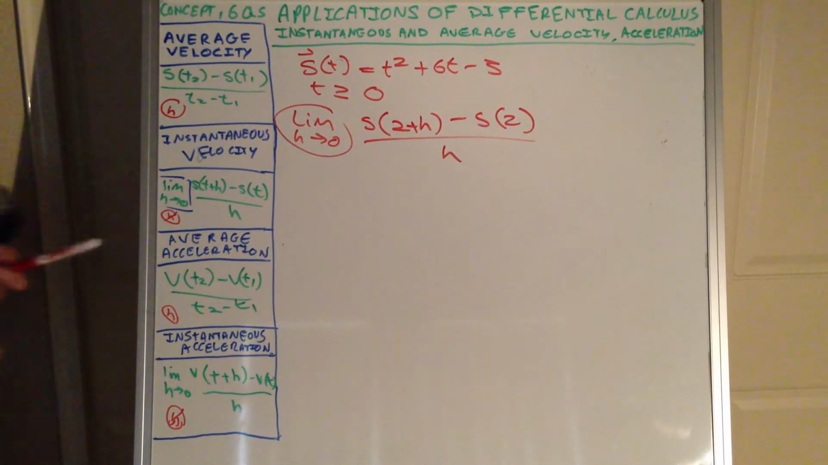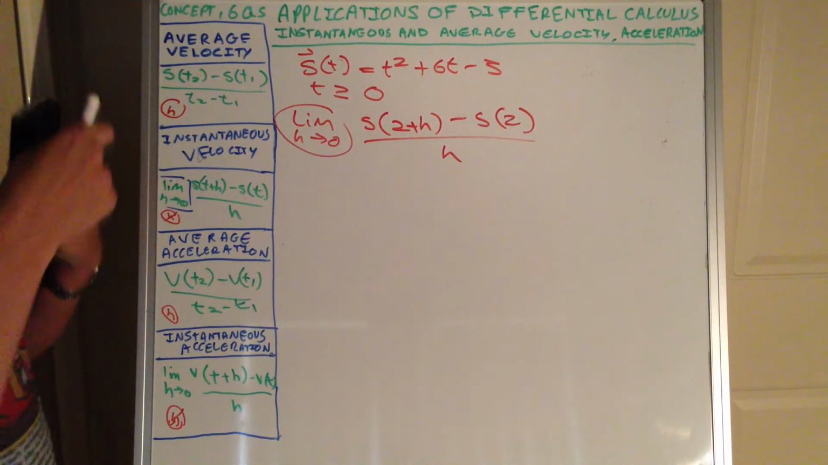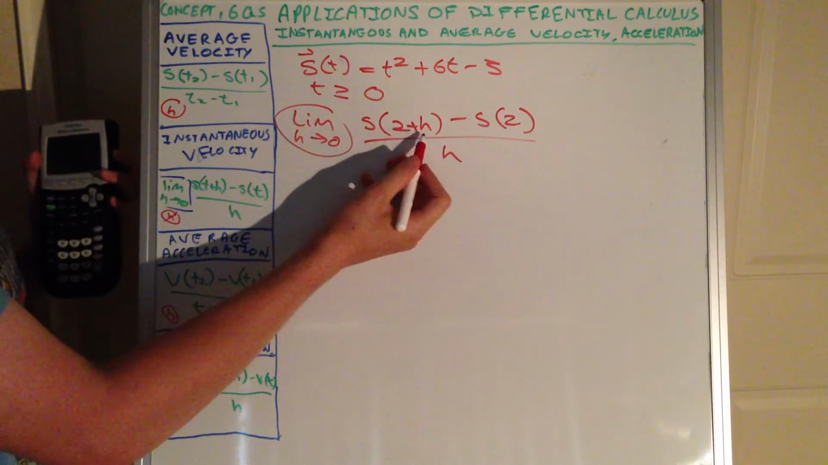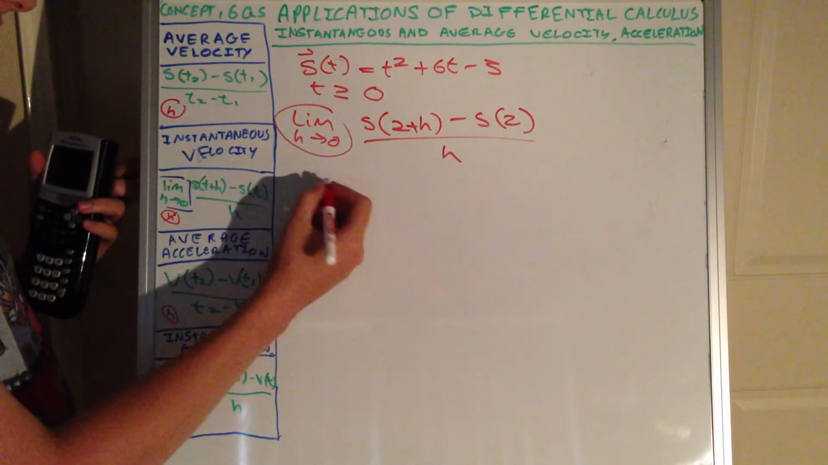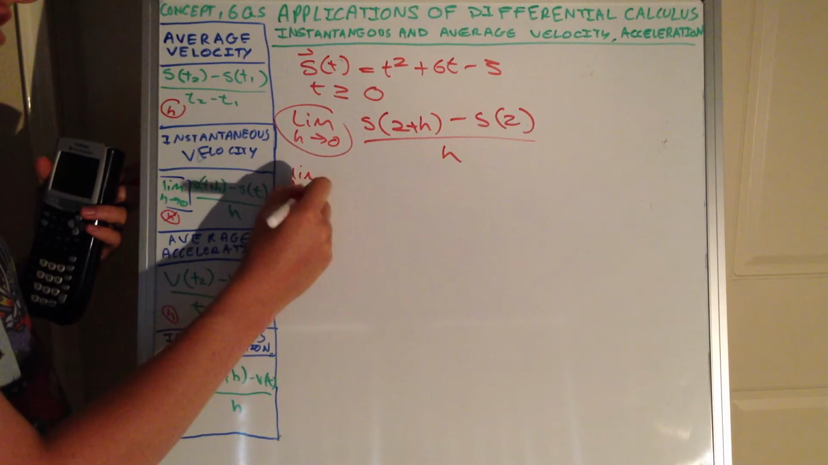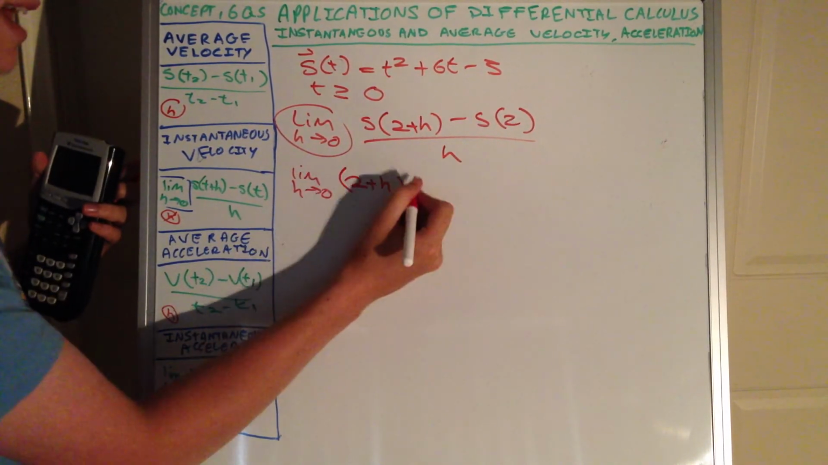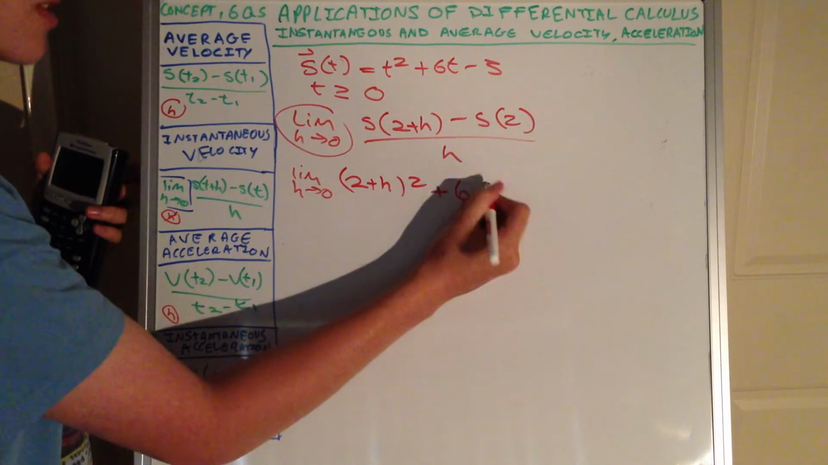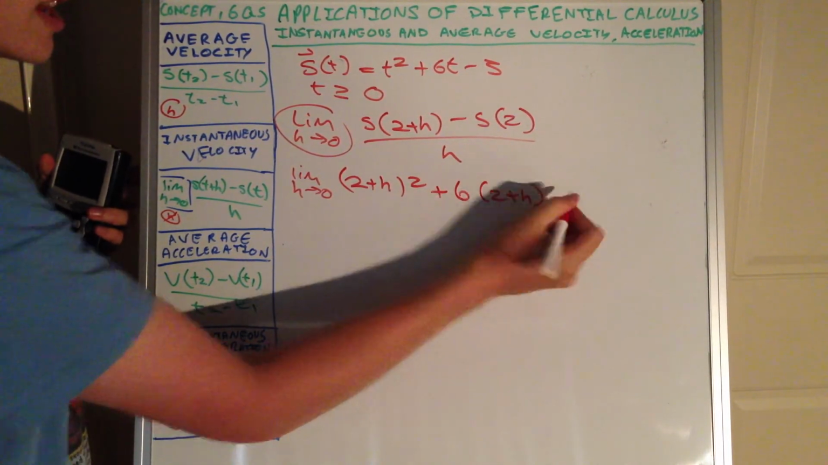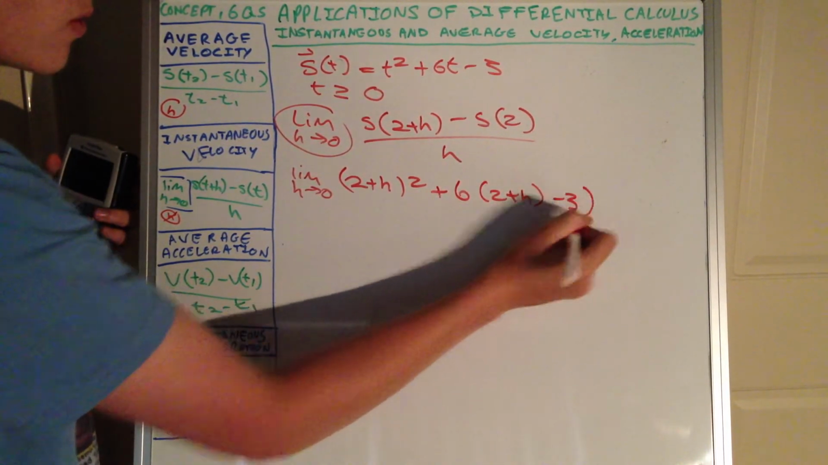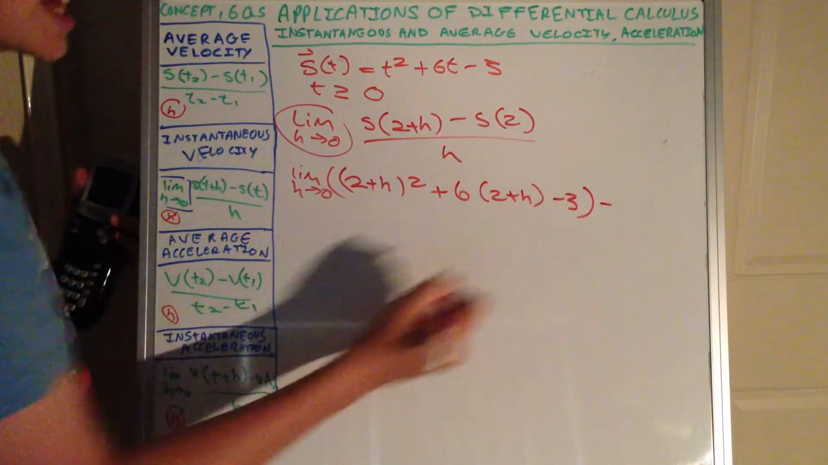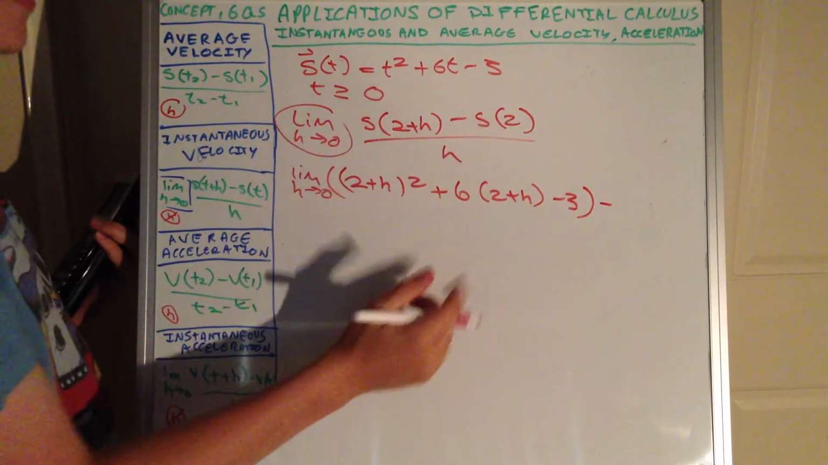In this case, time equals 2. So what we do is we simply substitute in 2 plus h wherever there's a t, so we get the limit as h approaches 0 for (2 plus h) squared plus 6 lots of (2 plus h), take 3, and then all of that in brackets, and from that we have the s of 2,